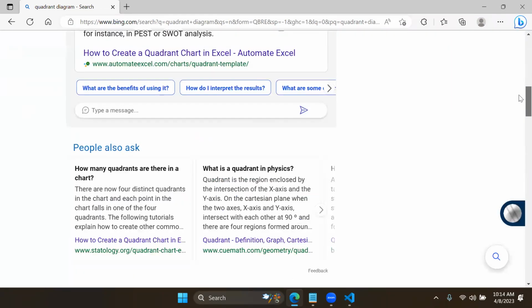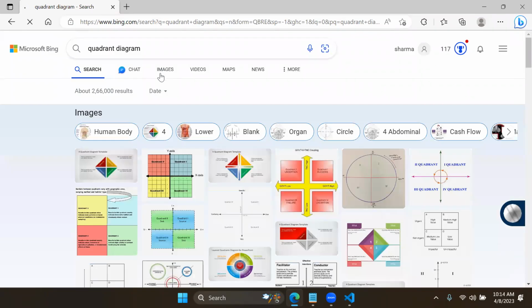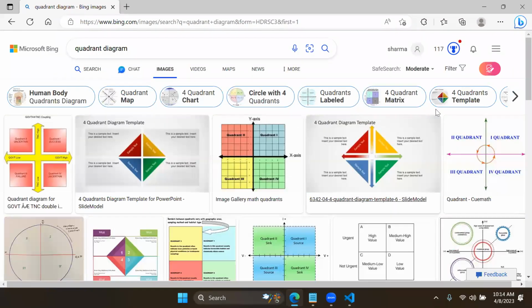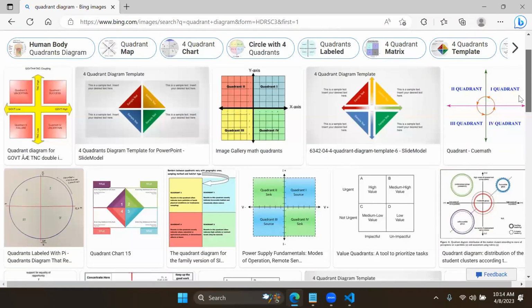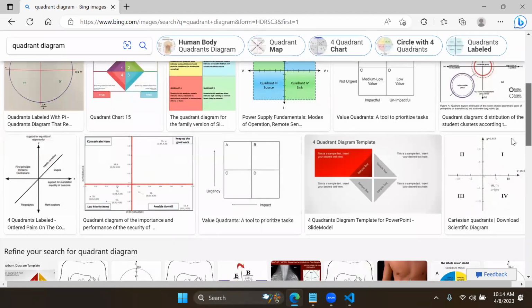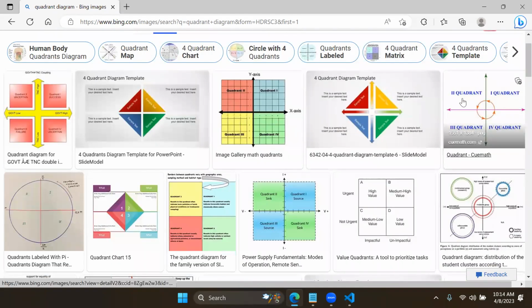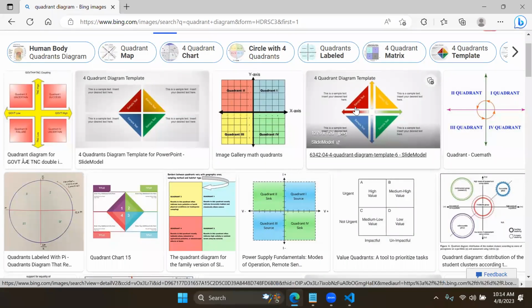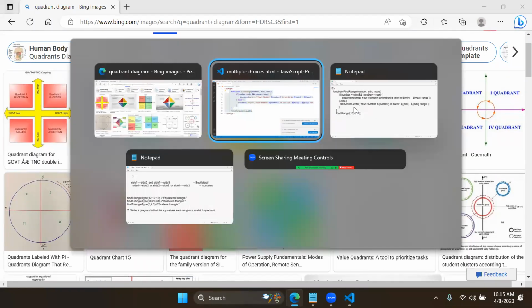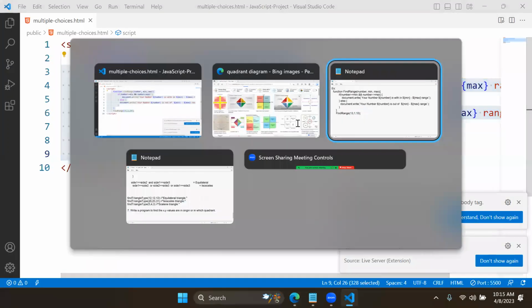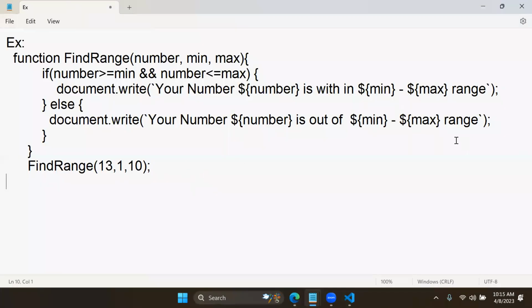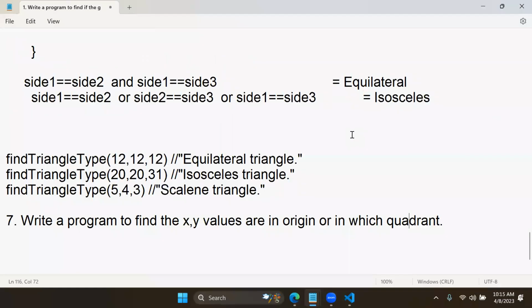Axis I will give. This is the first quadrant, second quadrant, like this. Okay, here the diagram is not there. I will give the diagram. Quadrant is nothing but